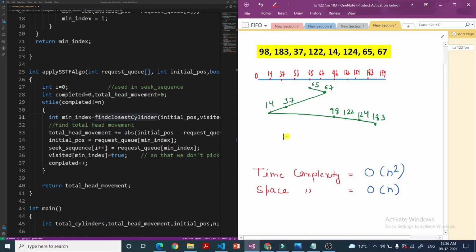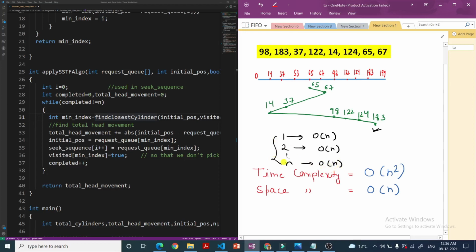So for the first request we called the find closest cylinder, of big O of n complexity. Then for the second time we again called the find closest cylinder of O(n) complexity. And for the nth request again we called the find closest cylinder with time complexity of big O of n.